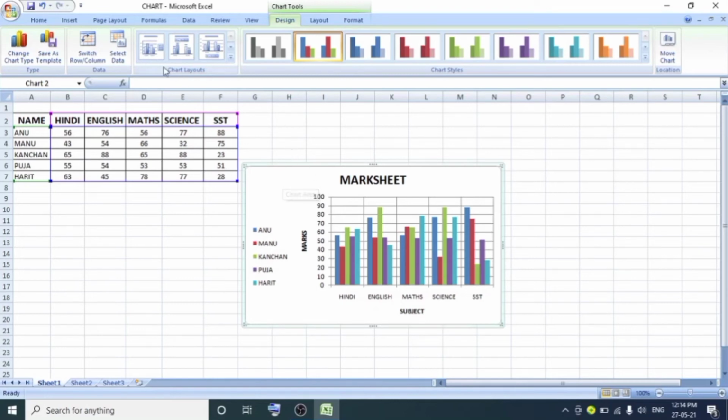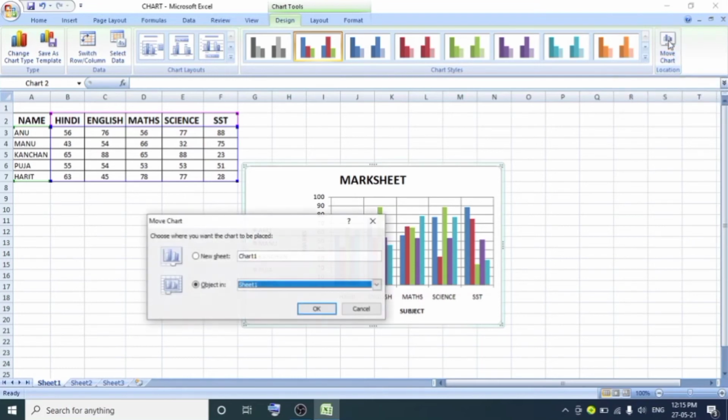I have to select the move chart option. Fine. This is situated in the location group. I have to select the move chart. Then if I want to change the sheet of my chart, I have to do it here. If I want to change the location, then I have to select the new sheet here and write the name. And if I want to shift the chart to some other worksheet,